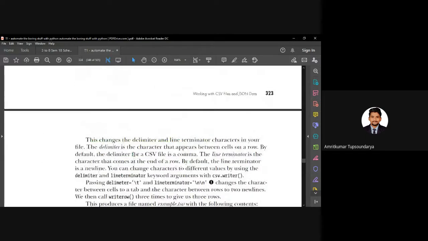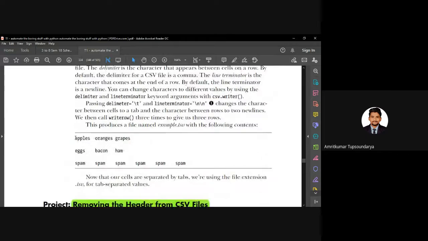One more thing to be noticed here: this new file which we have created, since we have added some delimiters and some line terminators, now our cells here are separated by tabs and they are not separated by commas. So in this case, this doesn't become comma separated values. Instead, it becomes tab separated values. So the extension of our file will be changed. Our new file extension will be .tsv, so example.tsv, which stands for tab separated files.